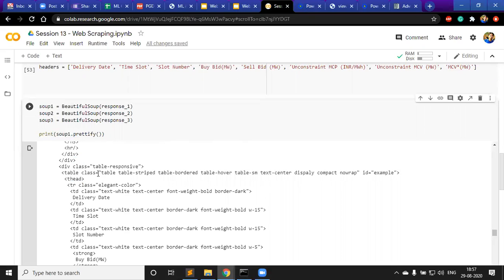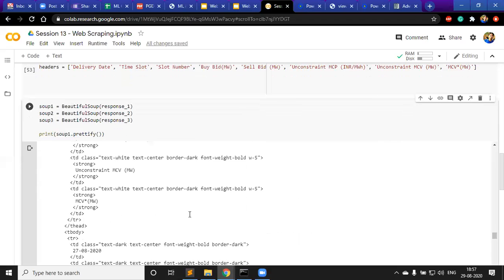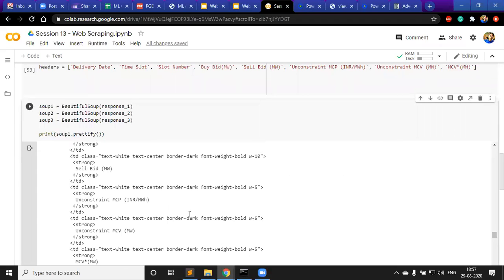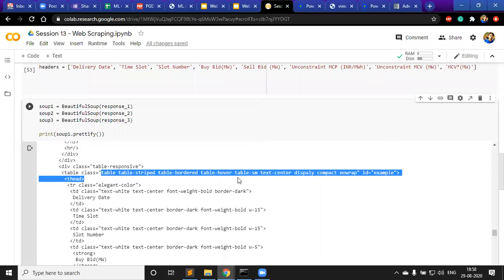But there is one more way, which is you can directly get this class, right? So this class has all the headers which I don't want, and then there should be one more class. This class itself has the data, so I can just copy this class and then say